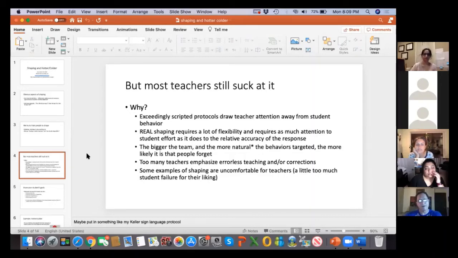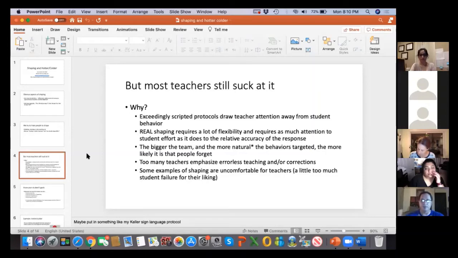I think there is an overemphasis in general on errorless teaching, and also an overemphasis on just using correction procedures, right? And what those things do to us is either we're using errorless teaching a lot, so we don't get to see what a kid is capable of independently, and the higher proportion of the time you're telling an RBT to do something errorlessly, the less attentive they are to whether the student is showing assent, right? Whether the student is interested in trying. Even if they're just interested in getting through it so they can get the iPad, are they at least being patient and attentive? We lose some of that if we're assuming that we're going to point at everything, or we're going to use a physical prompt immediately.